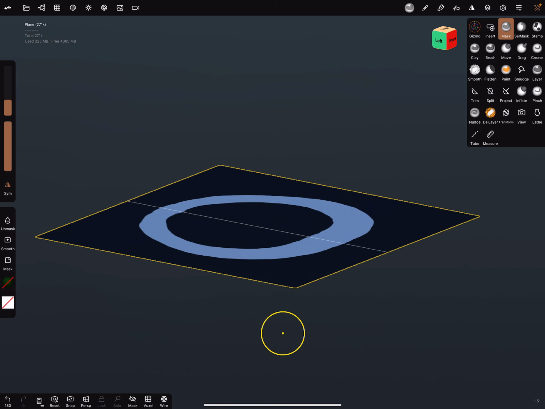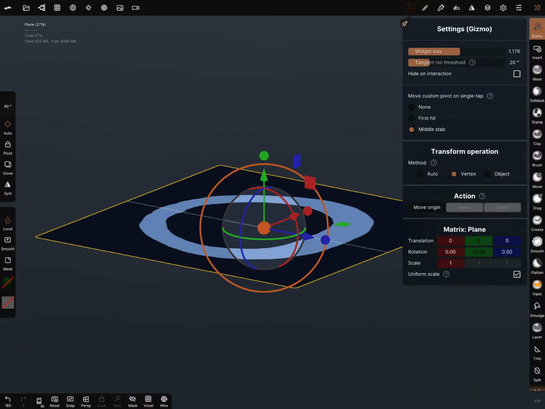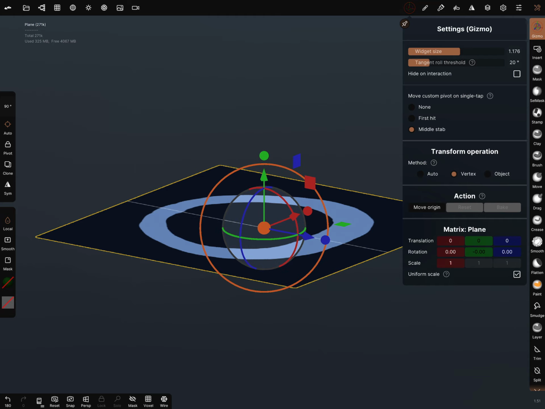and then you can use the gizmo. The gizmo and the mask are working together. You can go in the gizmo settings and there's a transform operation method, object and vertex. For this kind of transformations, use the vertex settings.